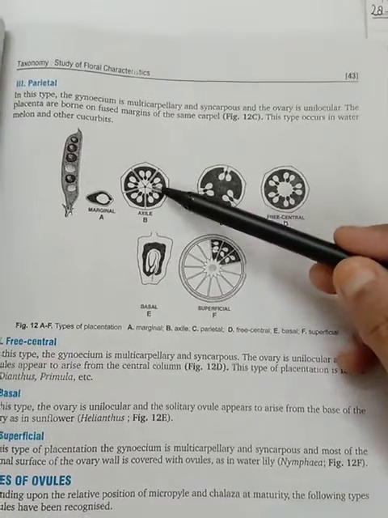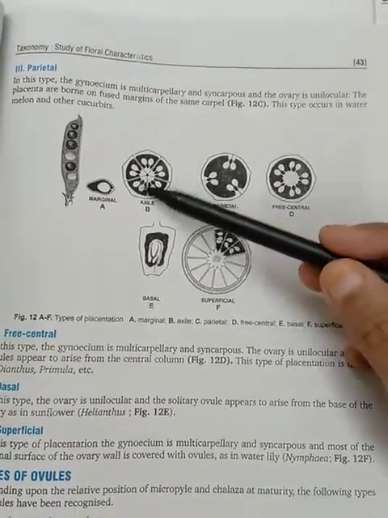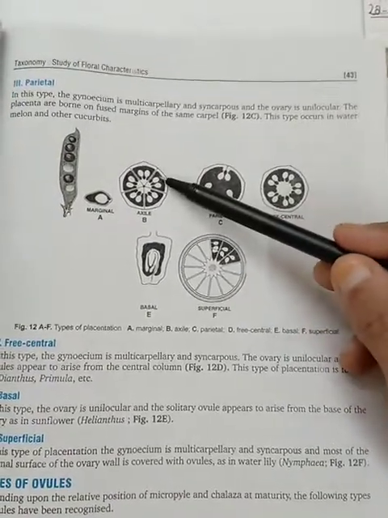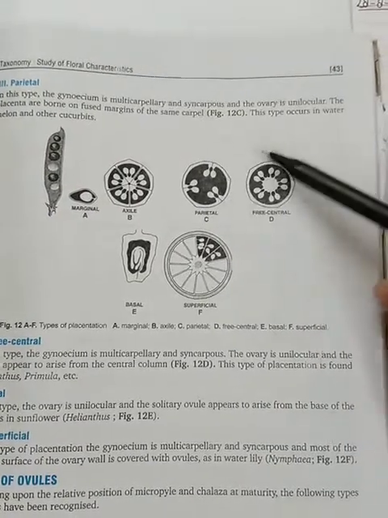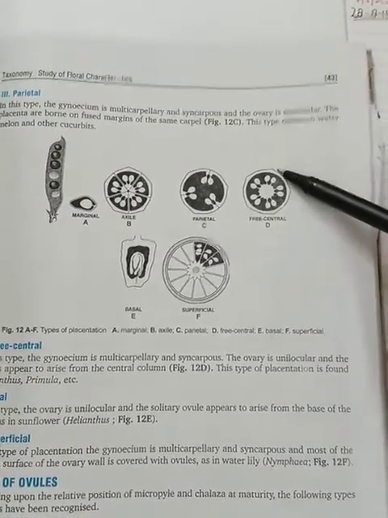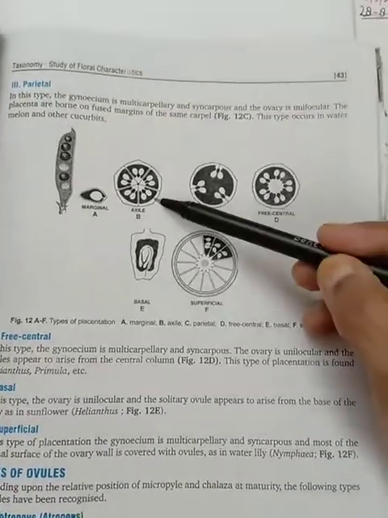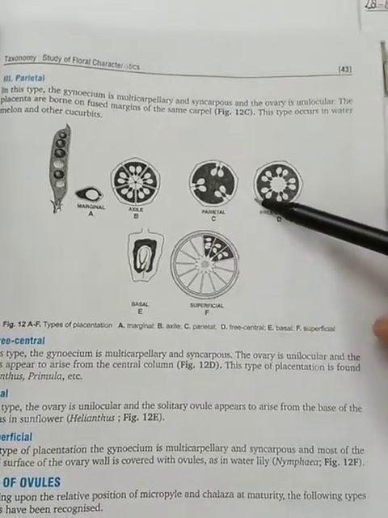And the compartments that you can see, like here you can see 5 compartments, 1, 2, 3, 4 and 5. So this is like 5 compartments, right? Here we call them locules. Here there is 1 compartment. Here there is a single compartment once again. So what is placentation? The arrangement of ovules within the ovary is known as placentation.